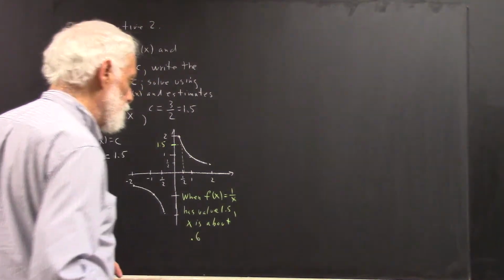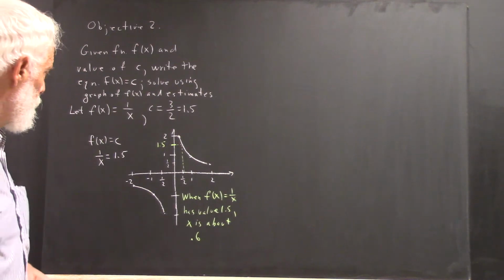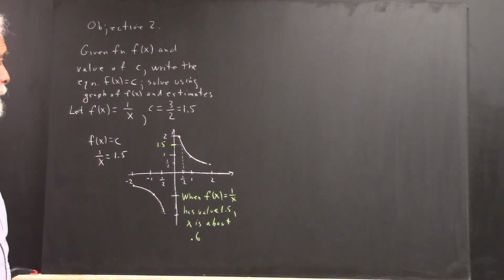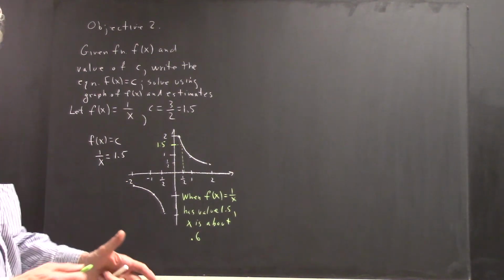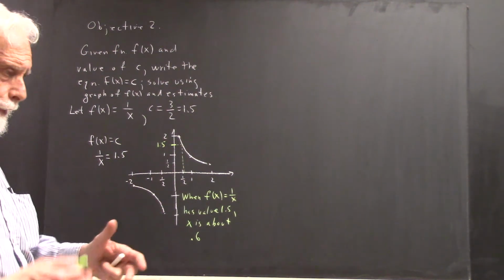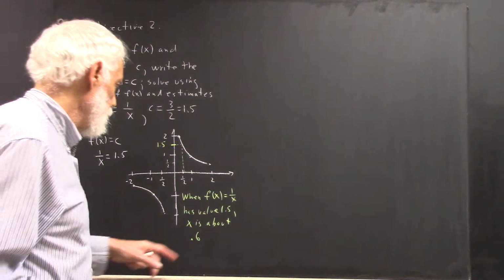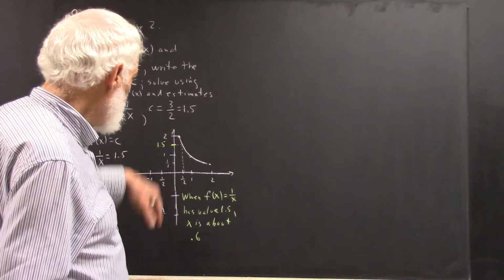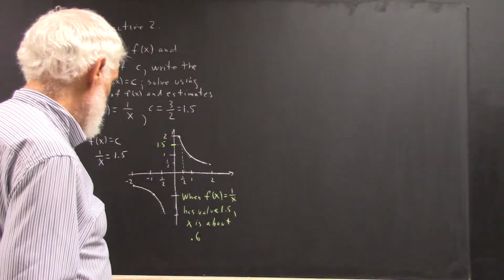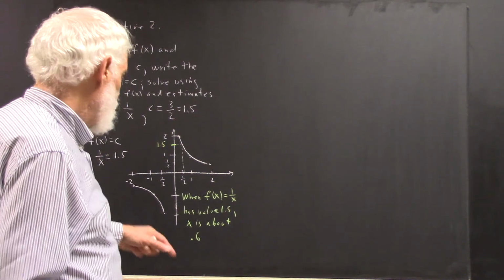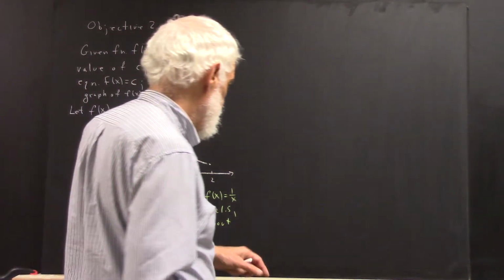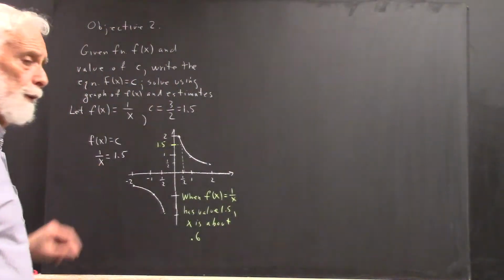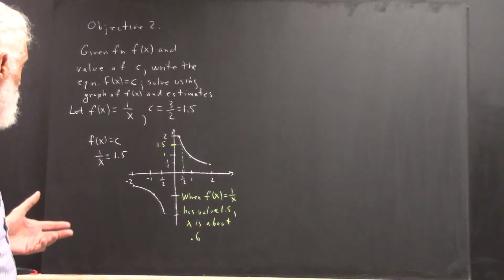X is about 0.6. Now actually if you solve this, you're going to find that x is actually a little between 0.6 and 0.7, but somewhat closer to 0.7. So our estimate isn't great, but it's not that bad either. Okay. Now, again, this is an equation you can easily solve. If it was